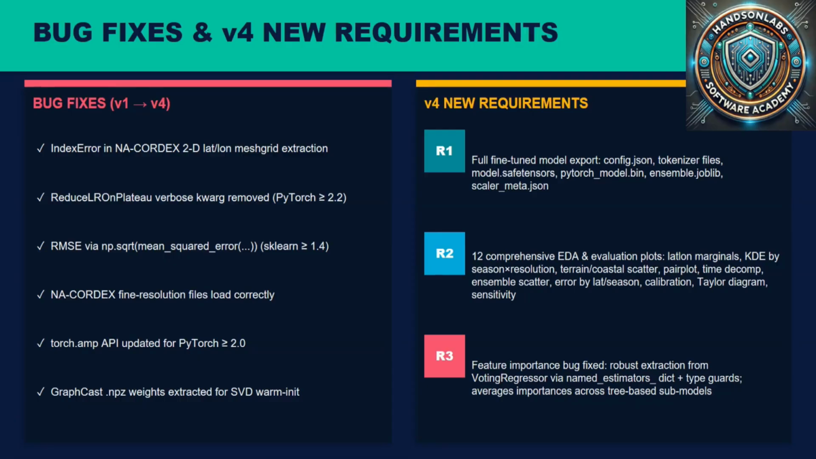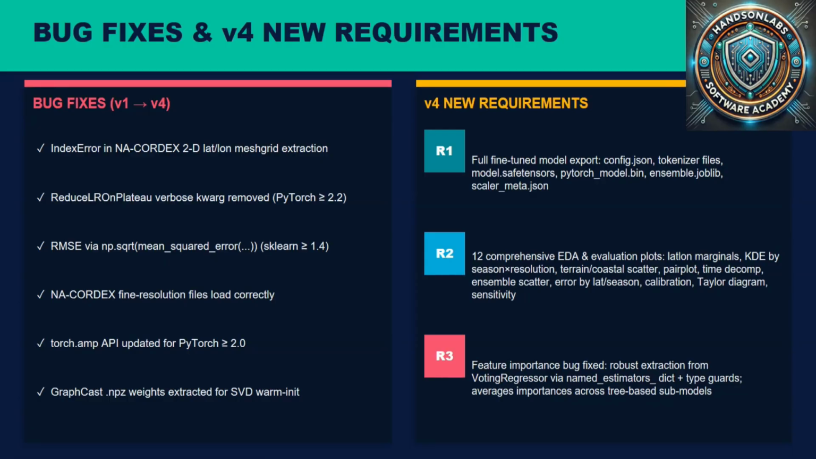Then the NA-CORDEX fine resolution files loaded correctly. And the Torch API was also updated for PyTorch 2. GraphCast MP weights extracted for SVB1 initialization. Now, for the new requirements, the new features that were brought into this new version, we have